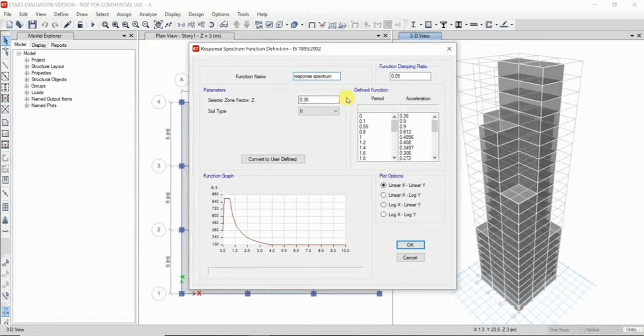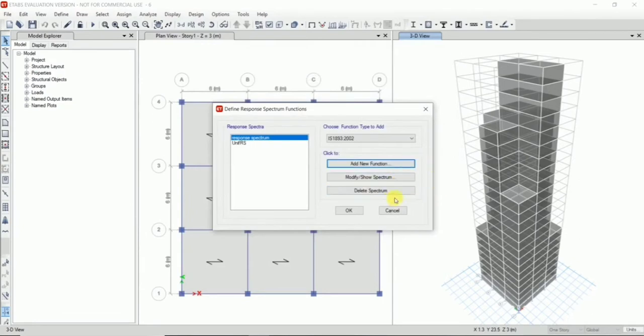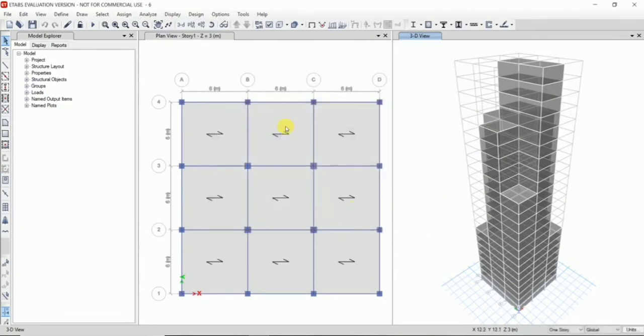We set the remaining properties based on our location. Then we click on OK. Now the function is defined. Click on OK to exit the window.